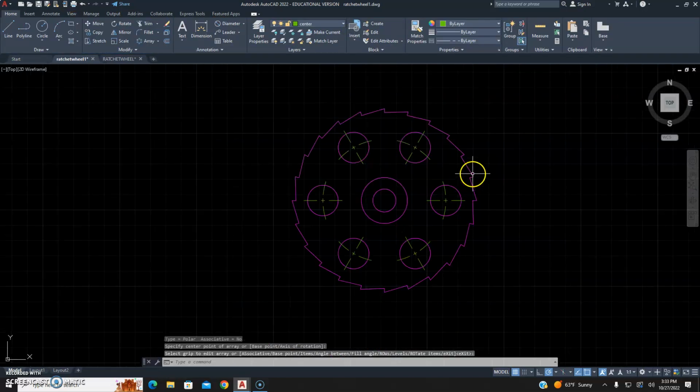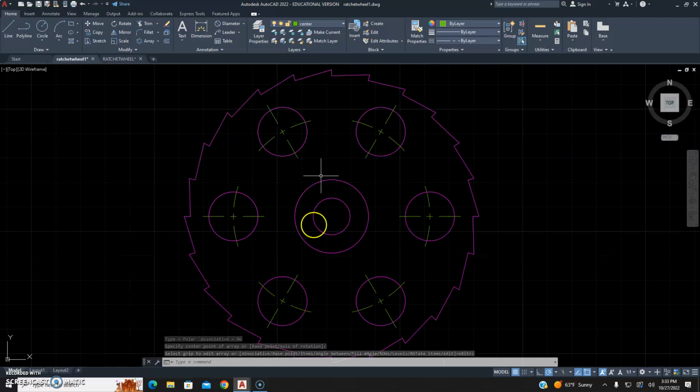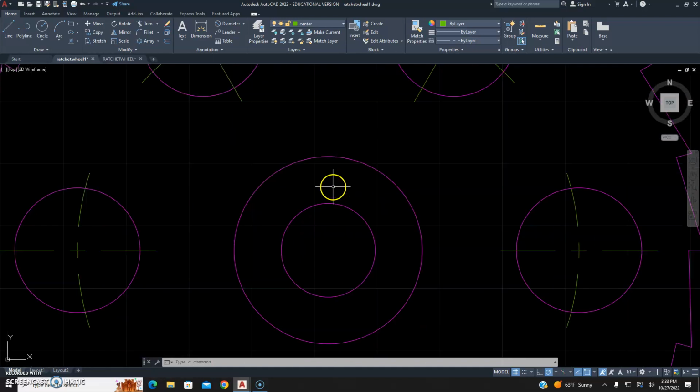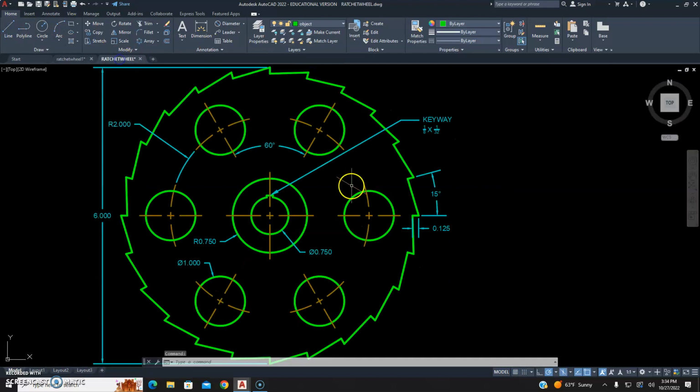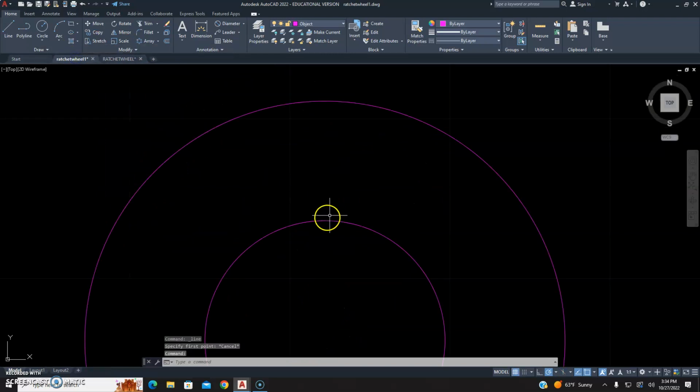So that's done. Last thing we need to do is put in our tooth, and then our last two center lines, and we're done. To put in the keyway, we're going to switch back to our object layer. We're going to click on line. Our keyway is 1/8 by 1/32, so it's 1/32 tall. So we're going to click on line, go to the top of this circle. We're going to go up